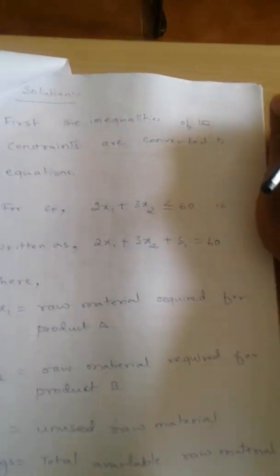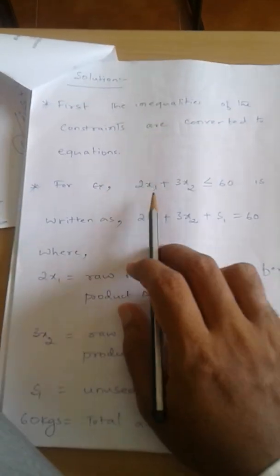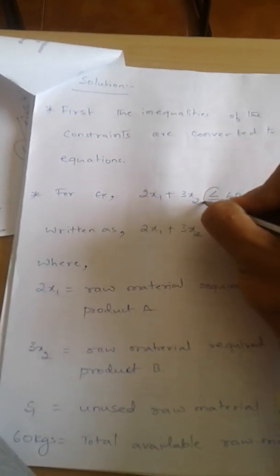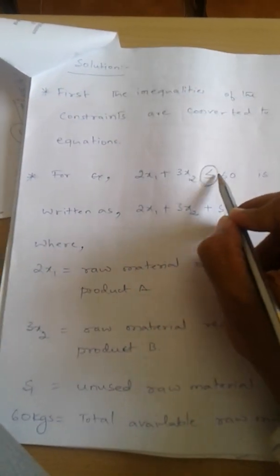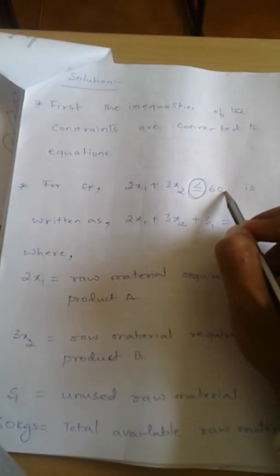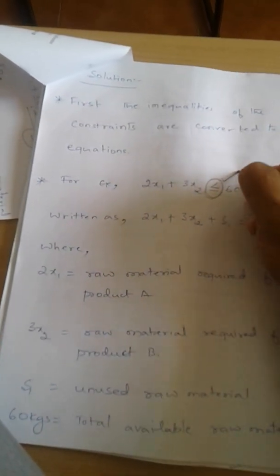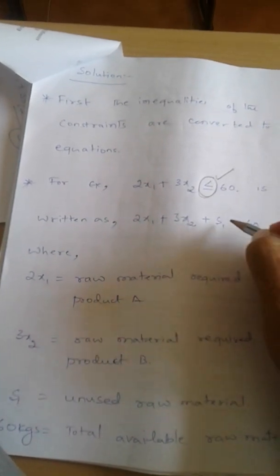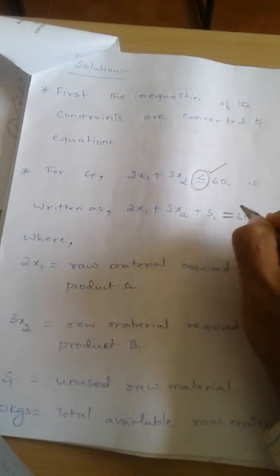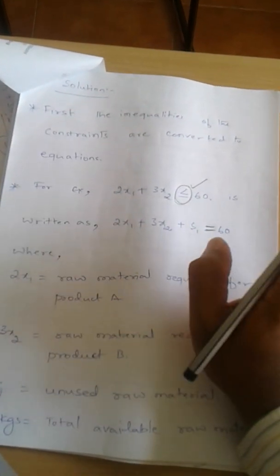Now going ahead, in the simplex method we are always supposed to remember that whatever equations are given will have certain types of inequalities. Is it right? So 2x1 plus 3x2 smaller than or equal to 60 is the first equation in the problem statement, and this has an inequality sign. We are supposed to convert that inequality sign, and we have to see that there is an equality sign before we start the solution. Okay, so how to do that?